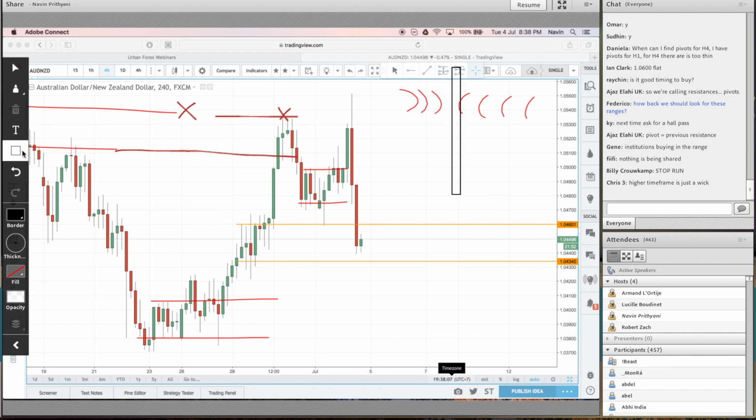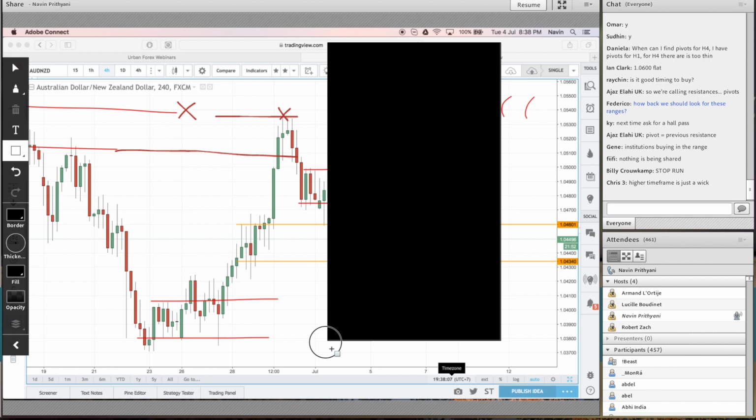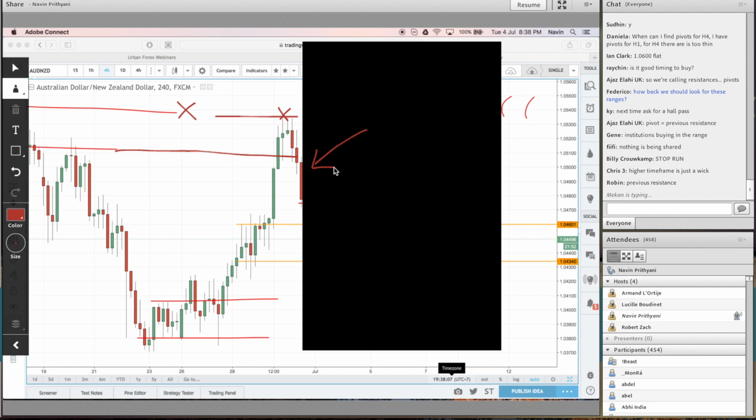Let's say the market's like this. It's coming down. Now, we don't know it's going to make a range, right? All we know is, where is it going to? Not just where is it going to, but can I justify the movement? Can I justify the movement? So we need to start looking at that very closely.